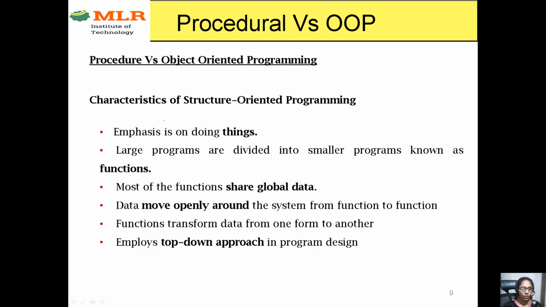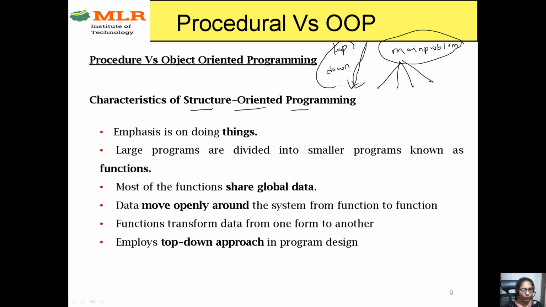Right, so we will discuss the top down and bottom up approach here. As we discussed, the structured approach follows top down. In the previous slide we discussed the main problem. If the main problem is clumsy or complex, you divide it into multiple problems. That means from top to bottom you are solving your solution. The actual criterion is that your problem is big, so you divide it into multiple sub-functions. So how are you solving? The main problem is divided into multiple subparts as in structured programming. That's why it follows top down.